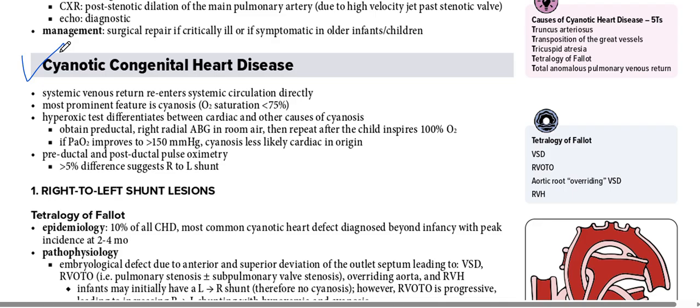First of all, we should remember the names of cyanotic congenital heart diseases. There are 5 T's that we need to remember as a part of cyanotic congenital heart disease: truncus arteriosus, transposition of great vessels, tricuspid atresia, tetralogy of Fallot, total anomalous pulmonary venous return. I repeat, 5 names starting with T: truncus arteriosus, transposition of great vessels, tetralogy of Fallot, tricuspid atresia, and total